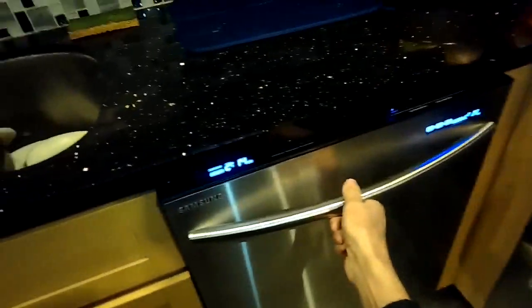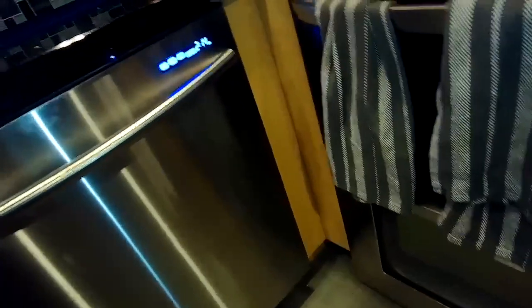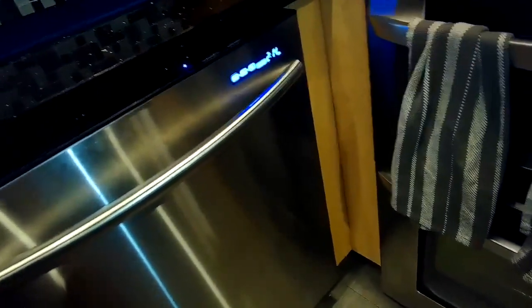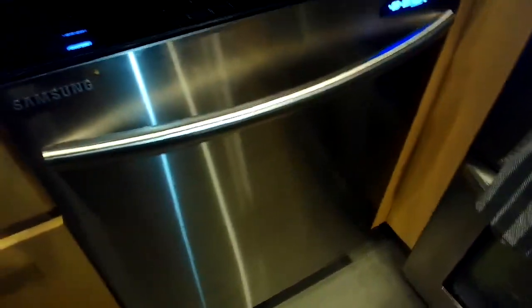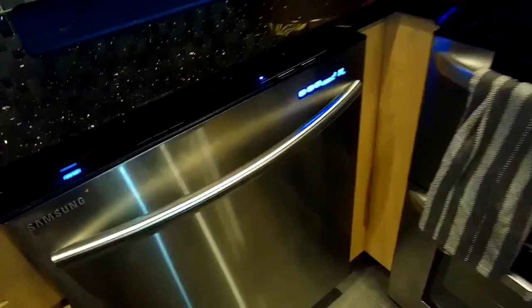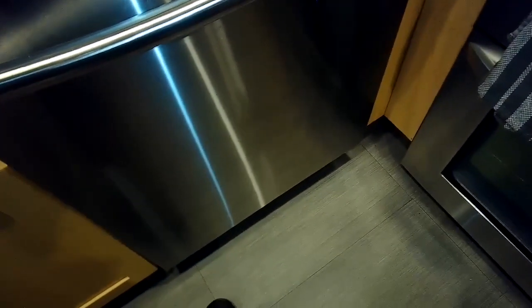Today we have a Samsung dishwasher that isn't cleaning the dishes as well as it should. We checked the spray arms to make sure there's nothing clogging the little holes, just to make sure there's no mechanical problem. And they look good. So I want to check below the filter assembly just to make sure there's not a bunch of junk caught in there. So this video will show us how to get in there and remove the filter assembly and make